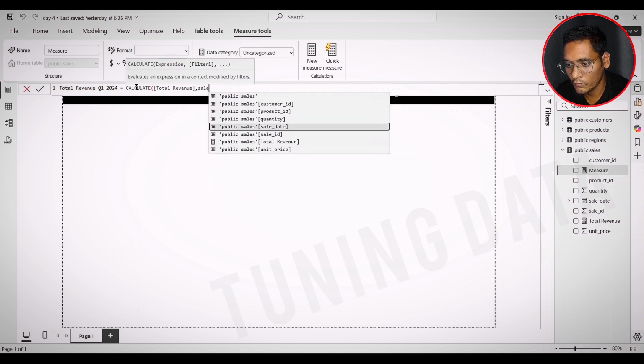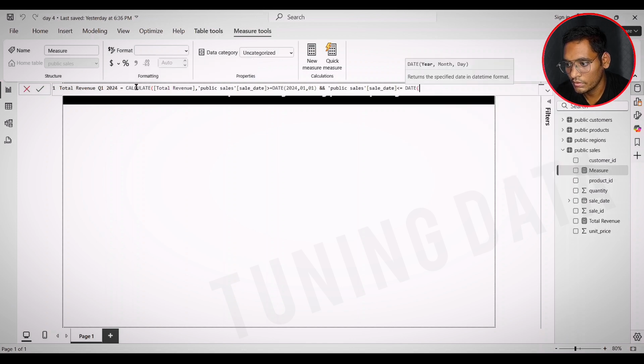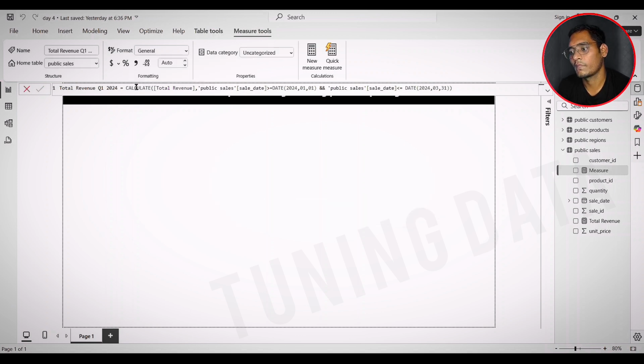For the filter, I'm going to use sale date should be greater than or equal to DATE 2024 January 1st, and sale date less than or equal to DATE 2024 March 31st. So this is the Q1 for 2024. So let's run this query now. So the measure is created here.